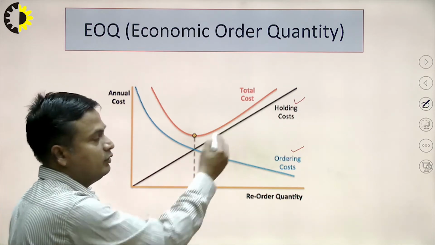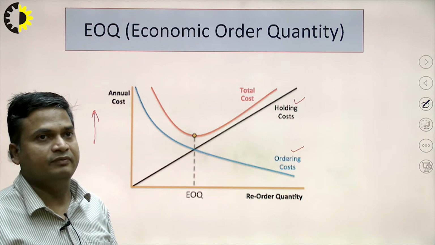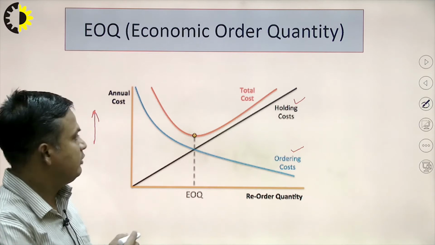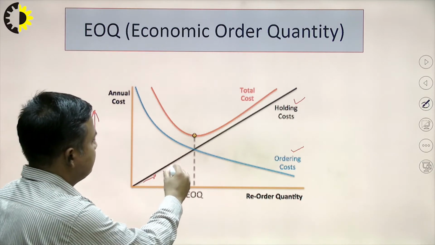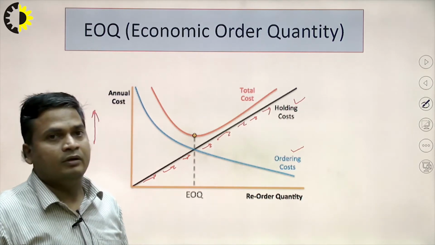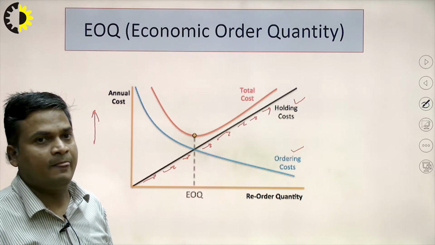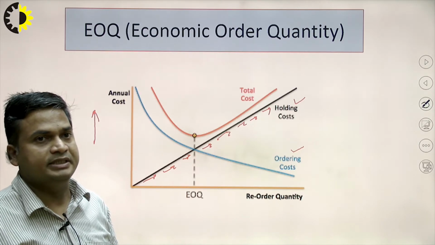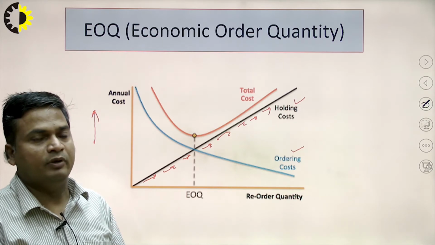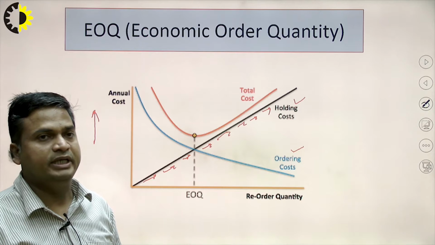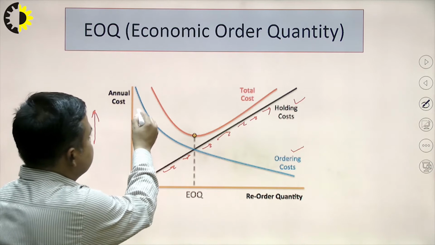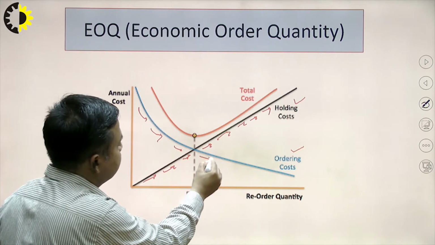And second is the holding cost. Holding cost means inventory carrying, warehouse cost, rent for warehouse, like this. So, holding cost is increasing linearly, and it depends upon the number of inventory which we are having, but the ordering cost is decreasing as the quantity is increasing, meaning ordering cost depends upon the number of orders, and if the quantity in a lot is increasing, the number of orders annually is decreasing. That is why the ordering cost is decreasing like that.